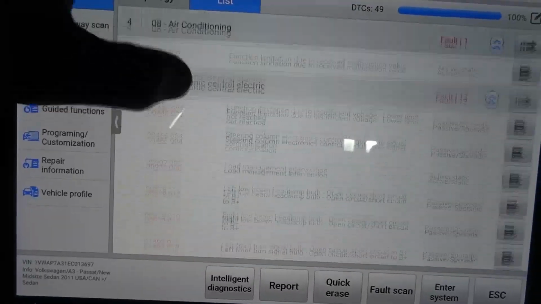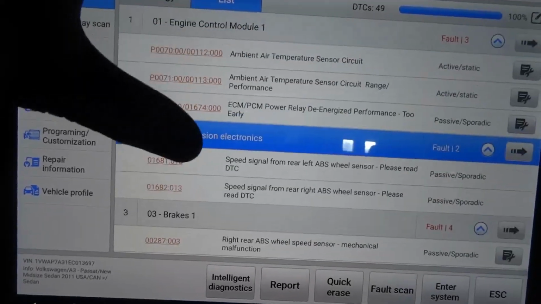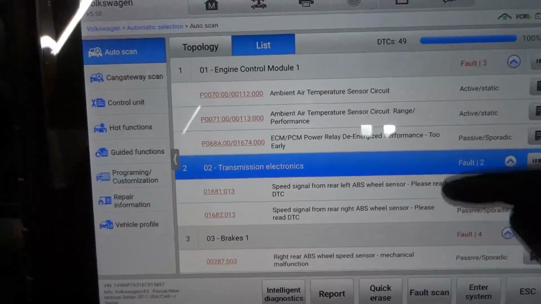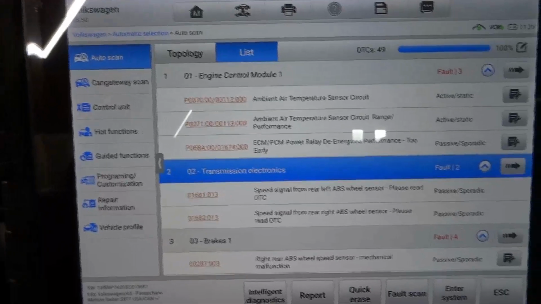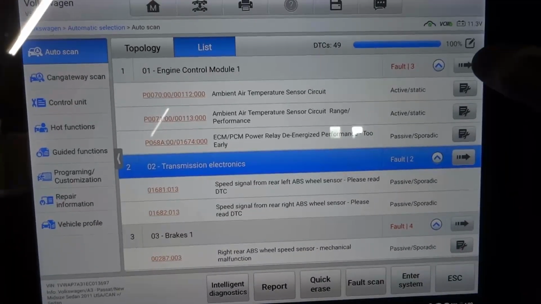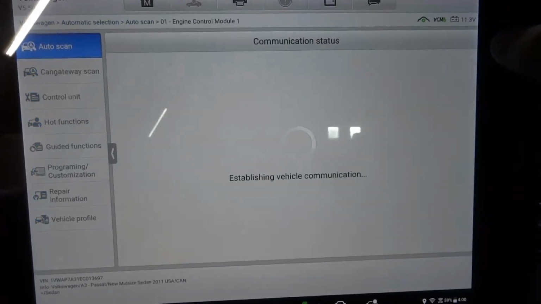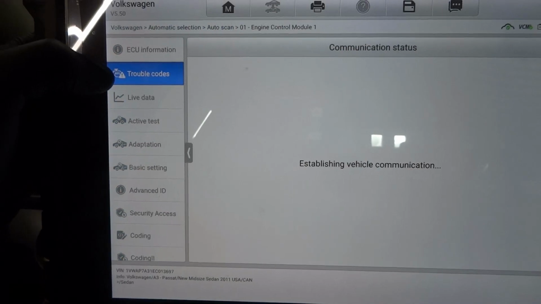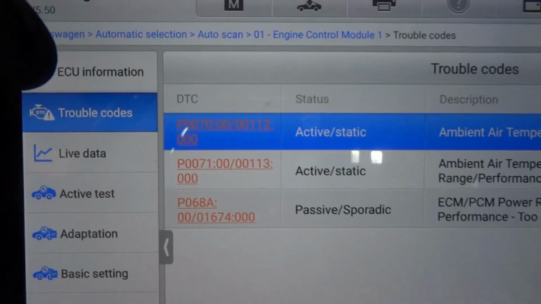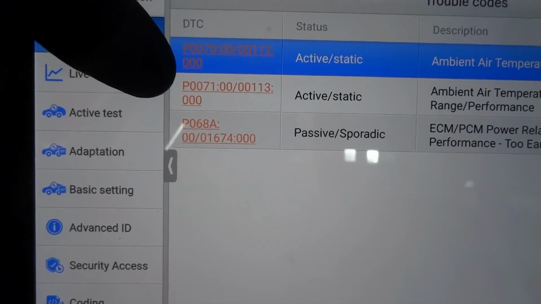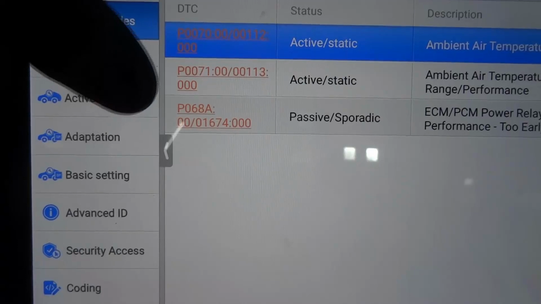Okay, so this thing has a bunch of trouble codes. We're not going to go through all these modules and read all these codes. We're going to do what we are told. I will print out all these trouble codes and give them to the customer, but we're going to focus on the engine module. So let's click on this arrow over here so we can go into the engine control unit. So let's go to codes. Okay, so we got 3 trouble codes, the same ones we just read. P0070 and then P0071 and then